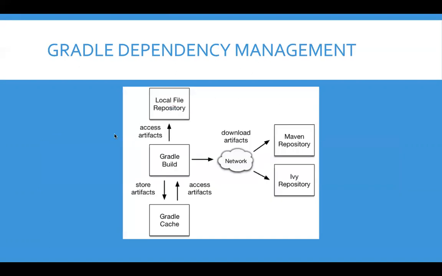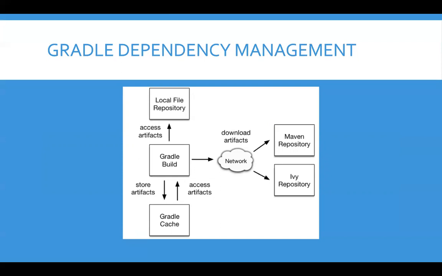The dependency management architecture of Gradle is very similar to Maven. The only difference is the Gradle cache here. Gradle cache is used for optimizing your build. How does it optimize it? We saw Gradle has a number of tasks to build your complete project, but if nothing has changed in your task from last time, then Gradle won't run that task again. It will simply fetch it from the Gradle cache. Hence, it optimizes your build time.